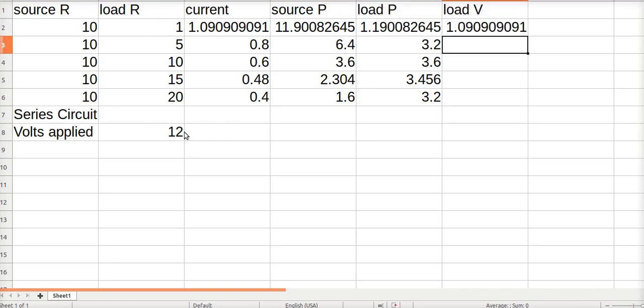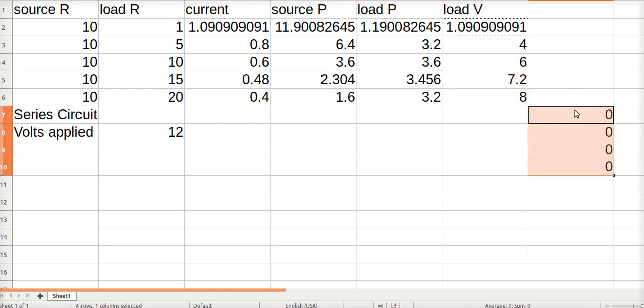And you see that I'm putting 12 volts in, I'm not getting very much out across my load resistance. I'm not getting a lot of power. I've got a lot of internal power, so my power supply is actually getting warm. And the reason this is done, I'm going to copy these down so you can see, is